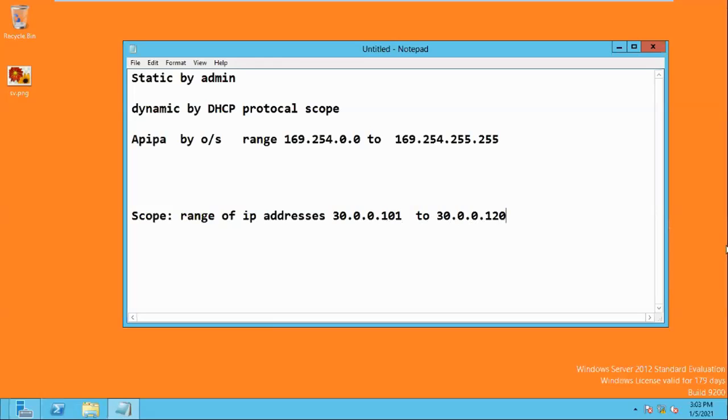These addresses I'm giving to the scope. This range I'm giving to the DHCP server, and from this range the DHCP provides IP addresses to the clients, only from this range and not any other range. Clear, guys?